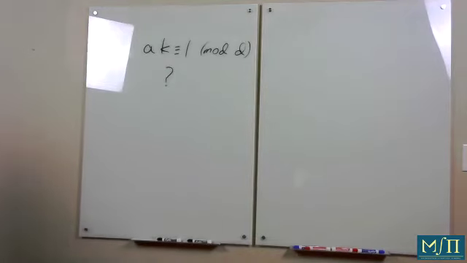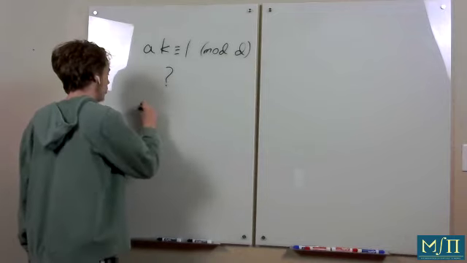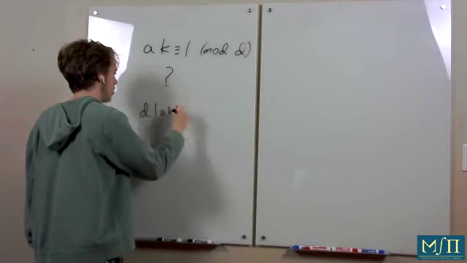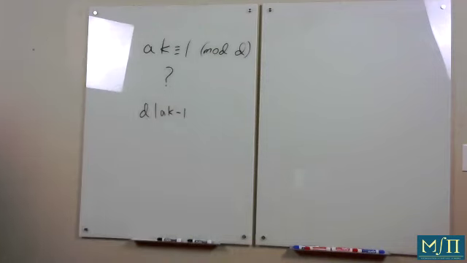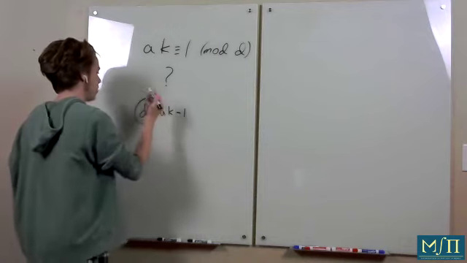We want to find K satisfying this. There are a couple of ways you could go about this, but I want to talk about the Euclidean algorithm. So first of all, if D and A have any common divisor, say they're both divisible